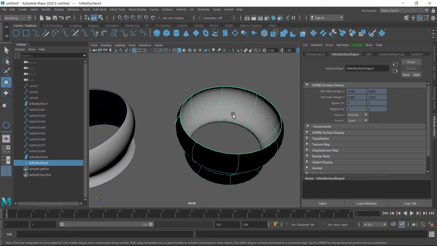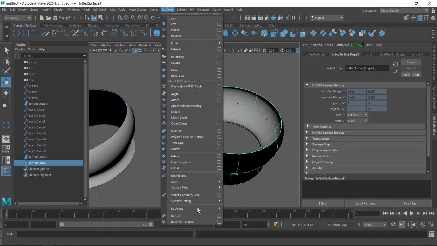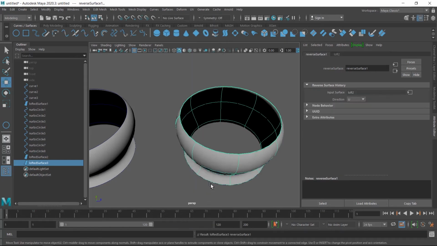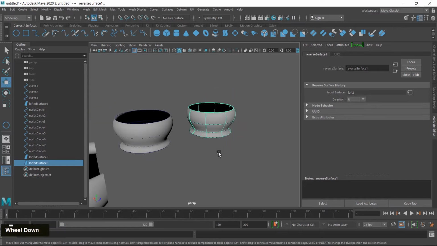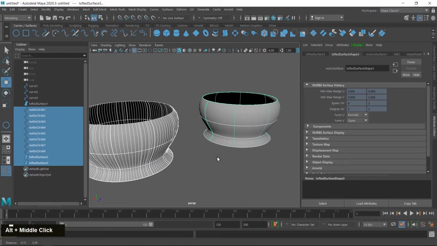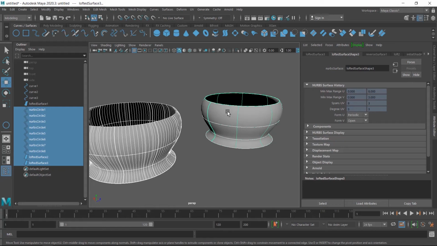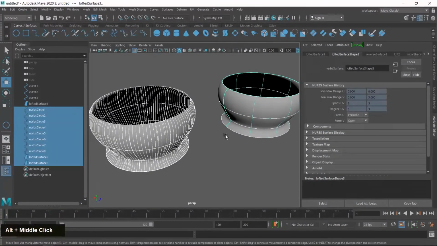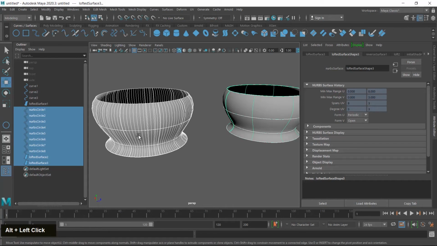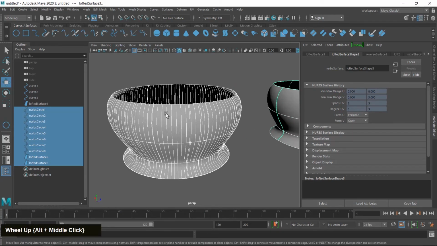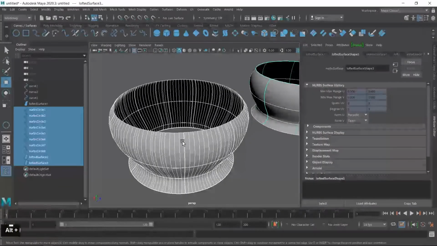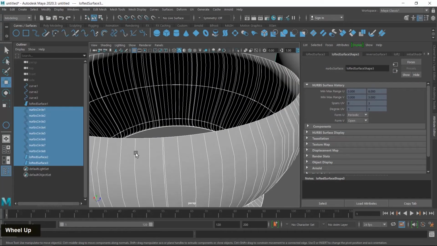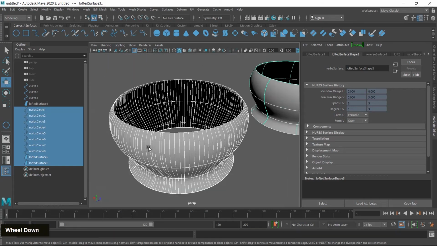And if you want to change the direction of this surface, select this surface and then go to the surface menu and click on reverse direction. So the surface is reversed. Now I select both surfaces, and here you can see the difference. If the curves have a similar span value or edit points, it creates a very equally distributed and clean surface. And if the curves have different span numbers, they create a lot of connections here, and sometimes they are not equally distributed. Here you can see it is not equally distributed.